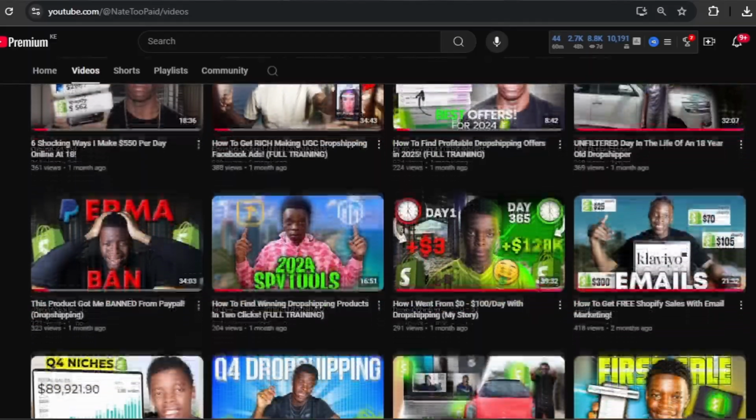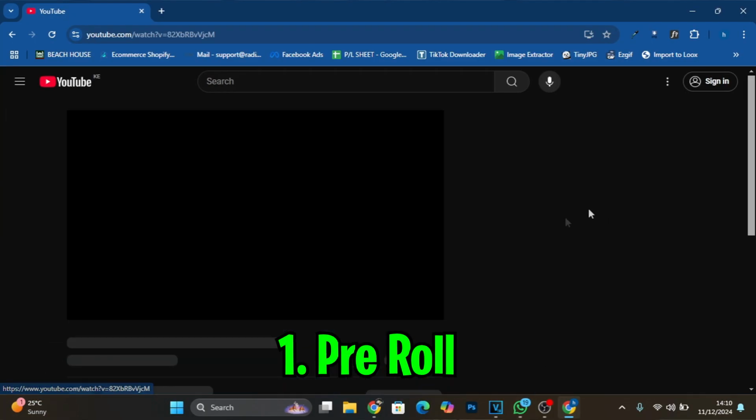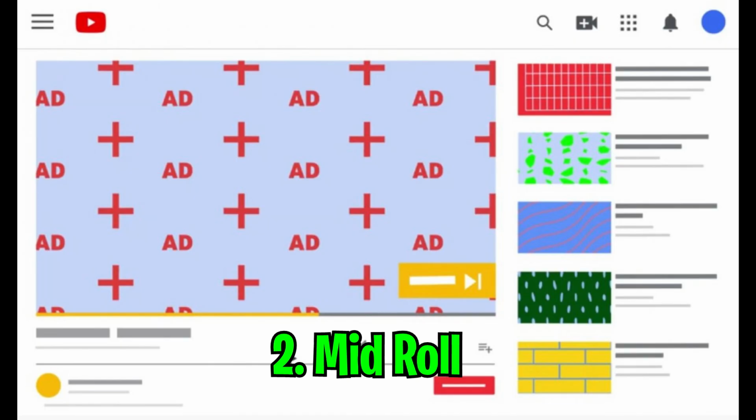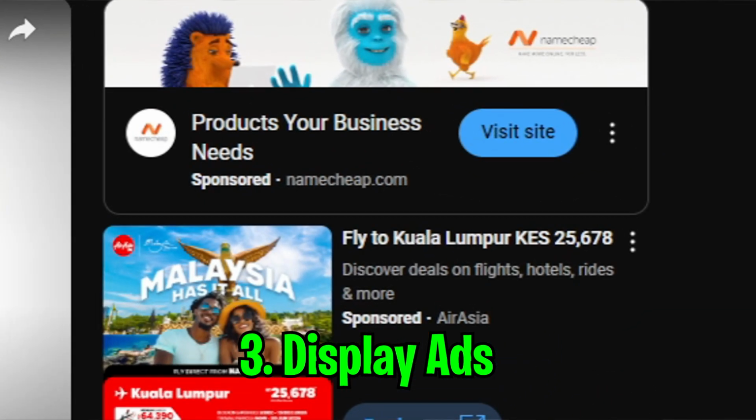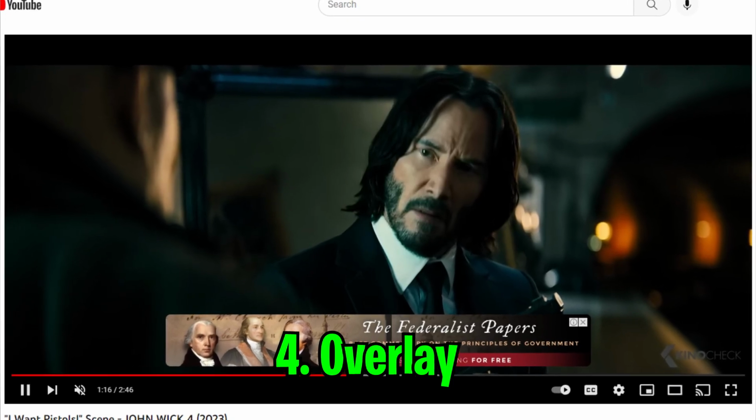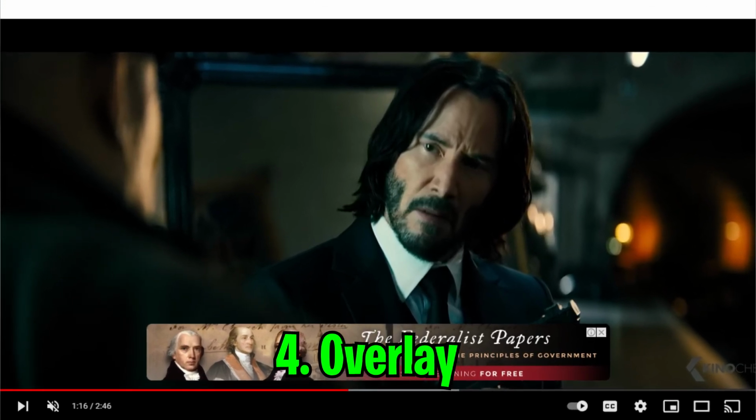So how does all this even work? Why would YouTube pay people just to upload videos on their platform? YouTube's payment system revolves around advertising revenue. And here's how it works. YouTube earns money primarily through ads shown on videos posted by creators like me. Advertisers pay YouTube to display these ads, and these ads can appear as pre-roll ads, which play before the video starts, mid-roll ads which play during the video if the video is longer than 8 minutes, display ads which display on the side or below the video, and overlay ads which are transparent ads that show on the video itself.